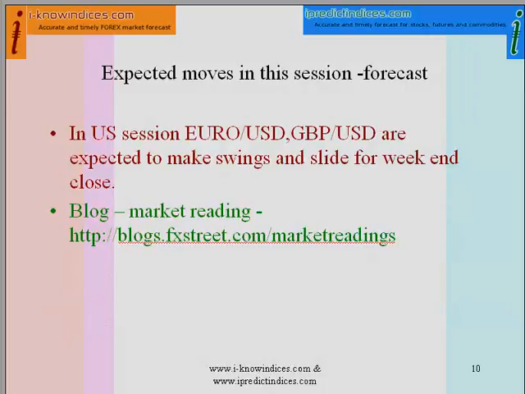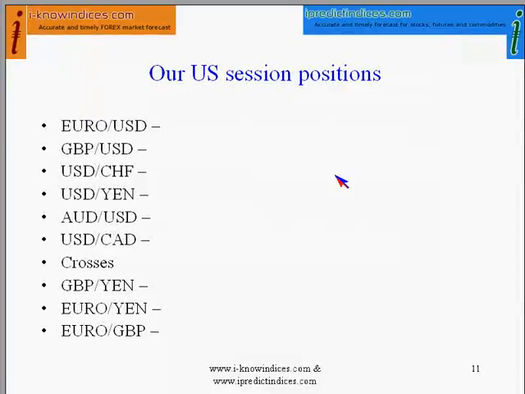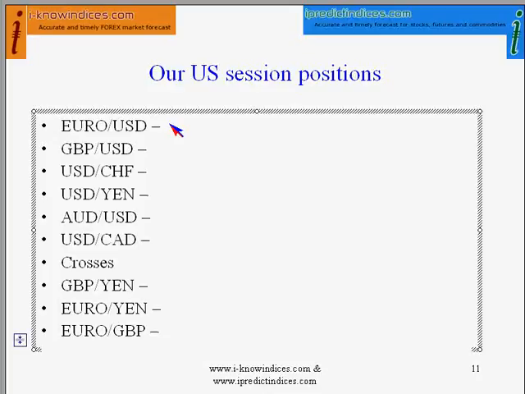Now, what is the expected move in the case of the US session? In the US session, Euro and GBP are expected to make a swing and slide for the weekend. So we are going to see the slide, and already some slide has happened. So, what sort of trade are we going to do now? Euro has made a drop, and you know that the earlier high was 1.4785, if you remember that, and this is very important. So you try to keep a sell limit order